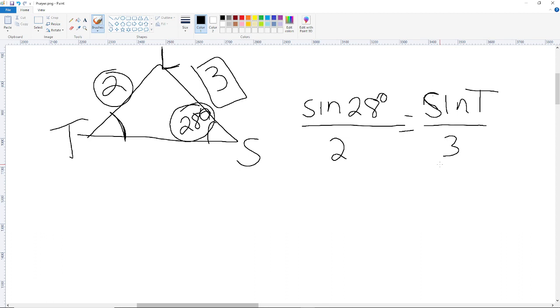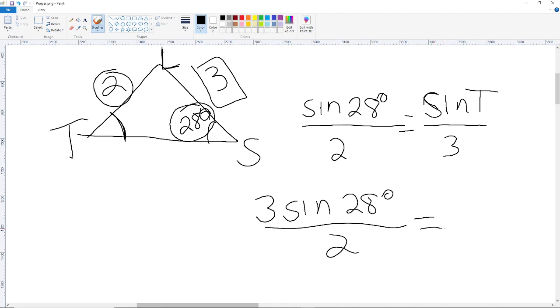But you never know. They might say, okay, they actually want a solution for T, and they'll draw the formula a different way. So in order to get sine T by itself, we multiply both sides by 3. We get 3 sine 28 degrees divided by 2 equals sine of T. Okay, but what if I want to find what T is? What is that